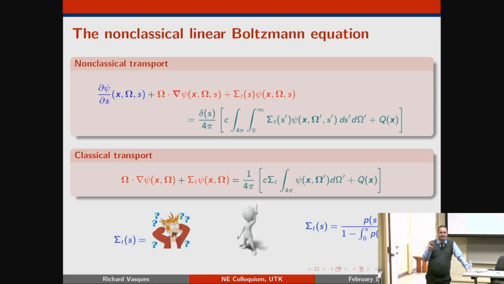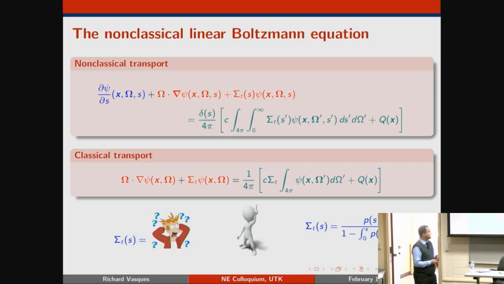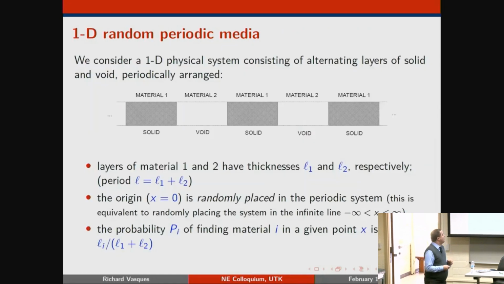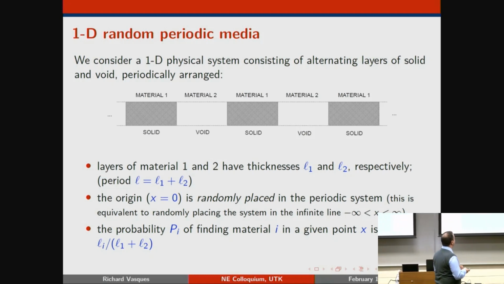I'm not claiming that sigma t of s is a physical quantity, because if you think about the definition of total cross-section, what that would be saying is that the material knows how far the particle has traveled, and it changes its density according to that. Right? That cannot be true. But mathematically, this is preserving the PDF that I want. So that's why I use it. And in the limit in which that is an exponential, that sigma t reduces to the classical definition of total cross-section. So what I need to do is find different ways to find what that p of s is, what the sigma t of s is.